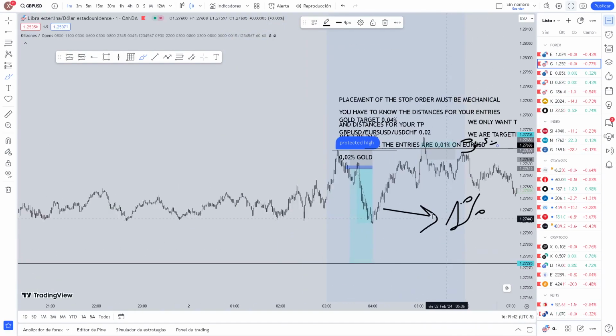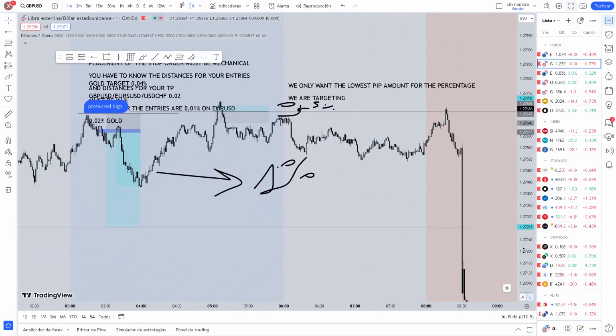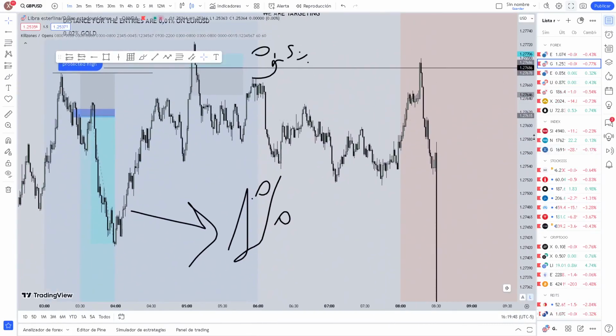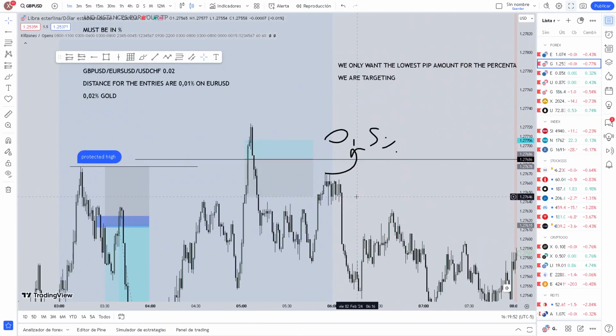So if you went to elementary school, you know that 1 minus 0.5 equals 0.5. So it means that you are losing half a percent, right? That's when asymmetrical risk comes into place. So when asymmetrical risk comes into place,